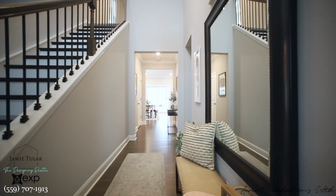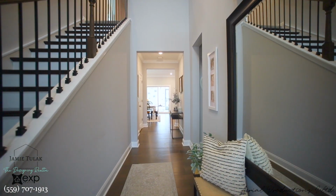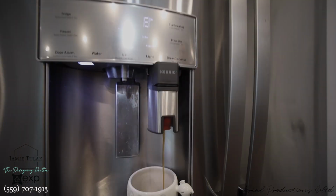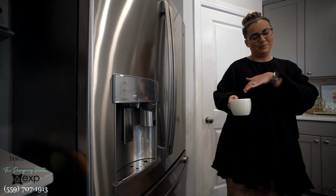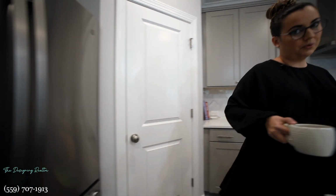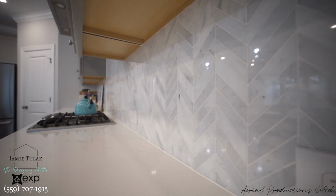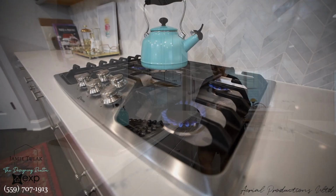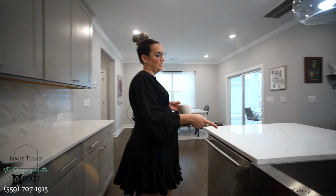Let's go. This is a 4-bed, 3-bath, just over 2,500 square foot home built in 2020. Picture yourself living here, making your cup of coffee in the morning from this built-in Keurig machine, which, by the way, conveys with the home. Let's check out this beautiful gourmet kitchen. It's got a beautiful chevron tile backsplash, a lovely gas cooktop, designer cabinets, and my personal favorite, your stainless steel